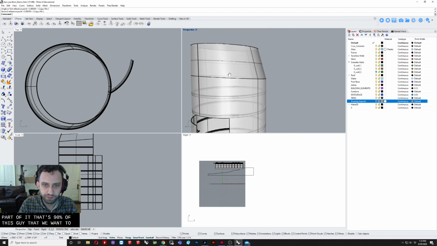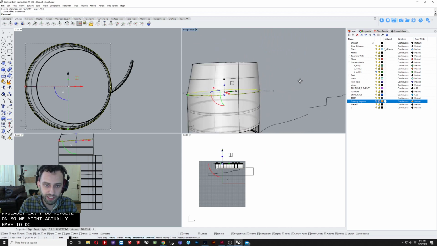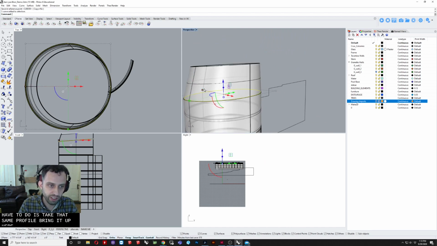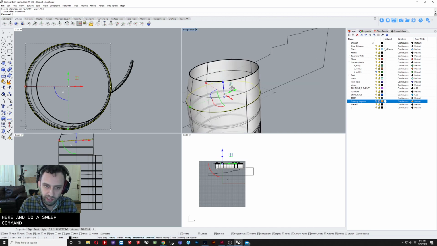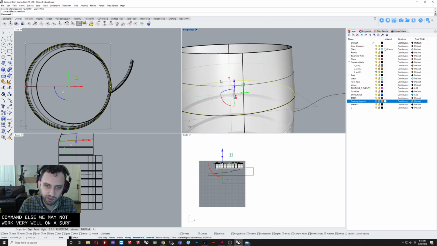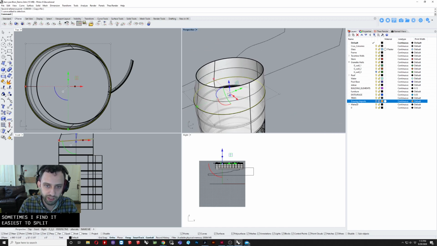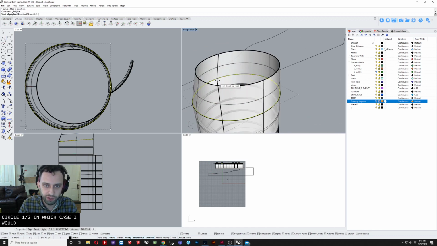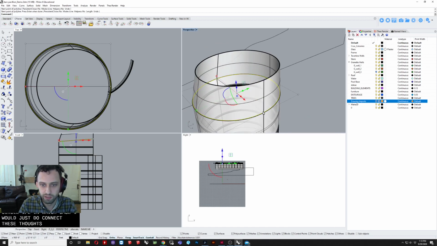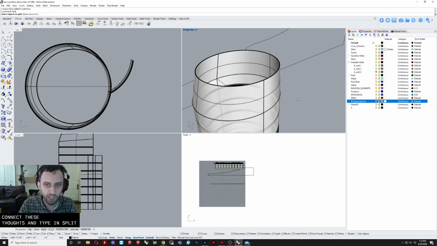Now these curves up here we probably can't do revolve on. So what we might actually have to do is take that same profile, bring it up here, and do a sweep command. Now a sweep may not work very well on a circle. Sometimes I find it's easiest to split that circle in half, in which case I would just connect these dots and type in split. Objects to split, so we'll use that curve, and then next cutting objects, this guy. So now we should get